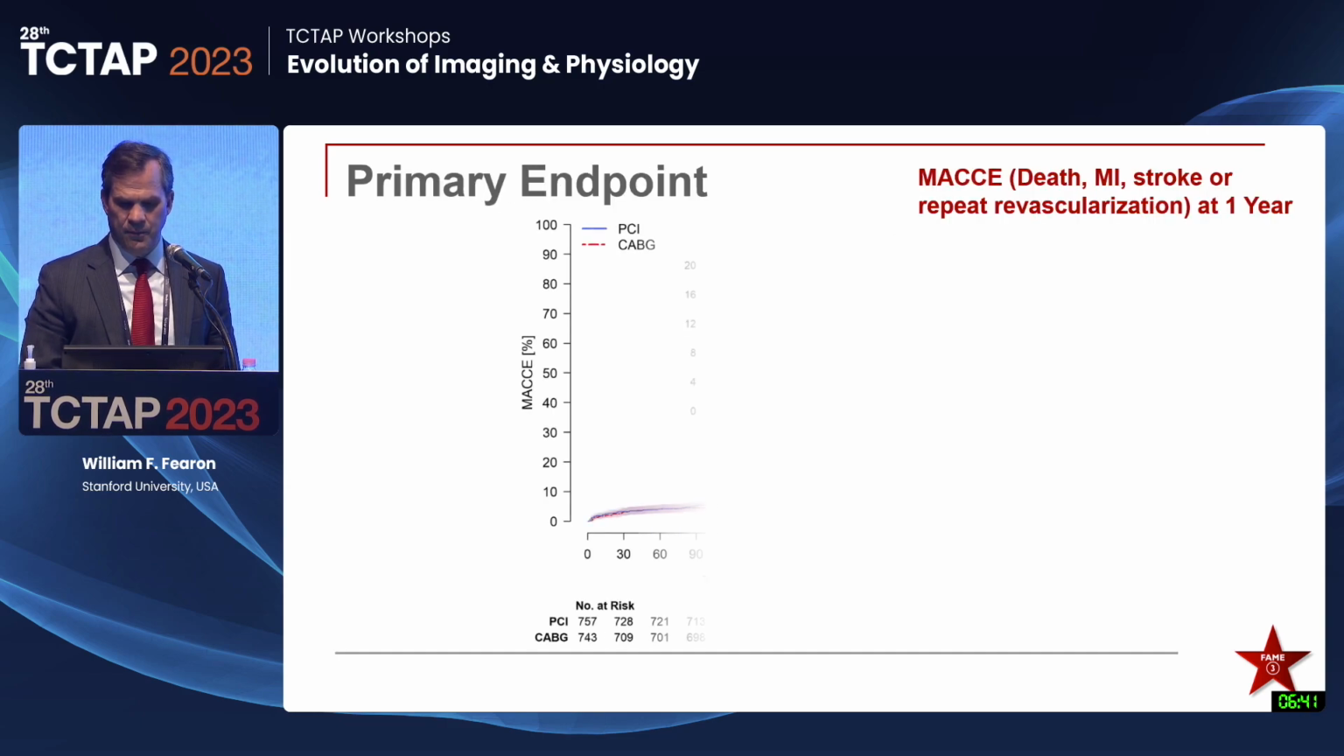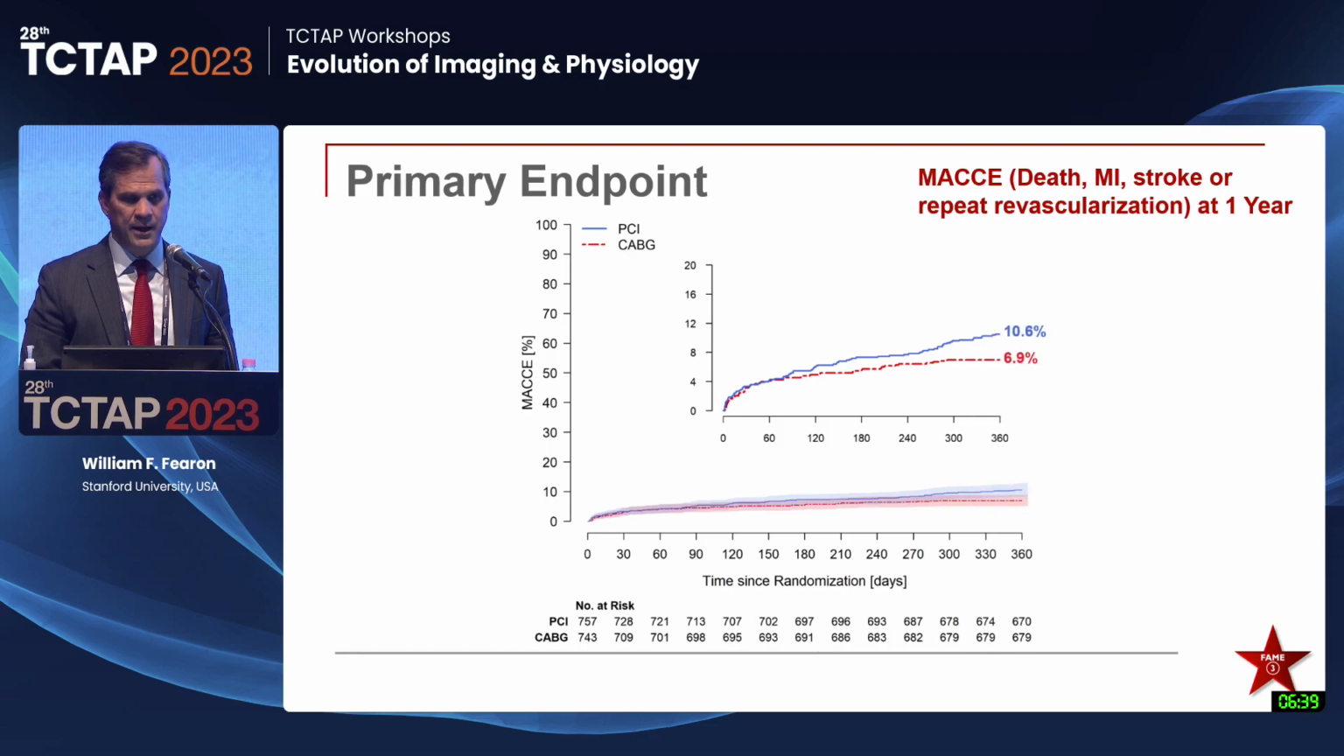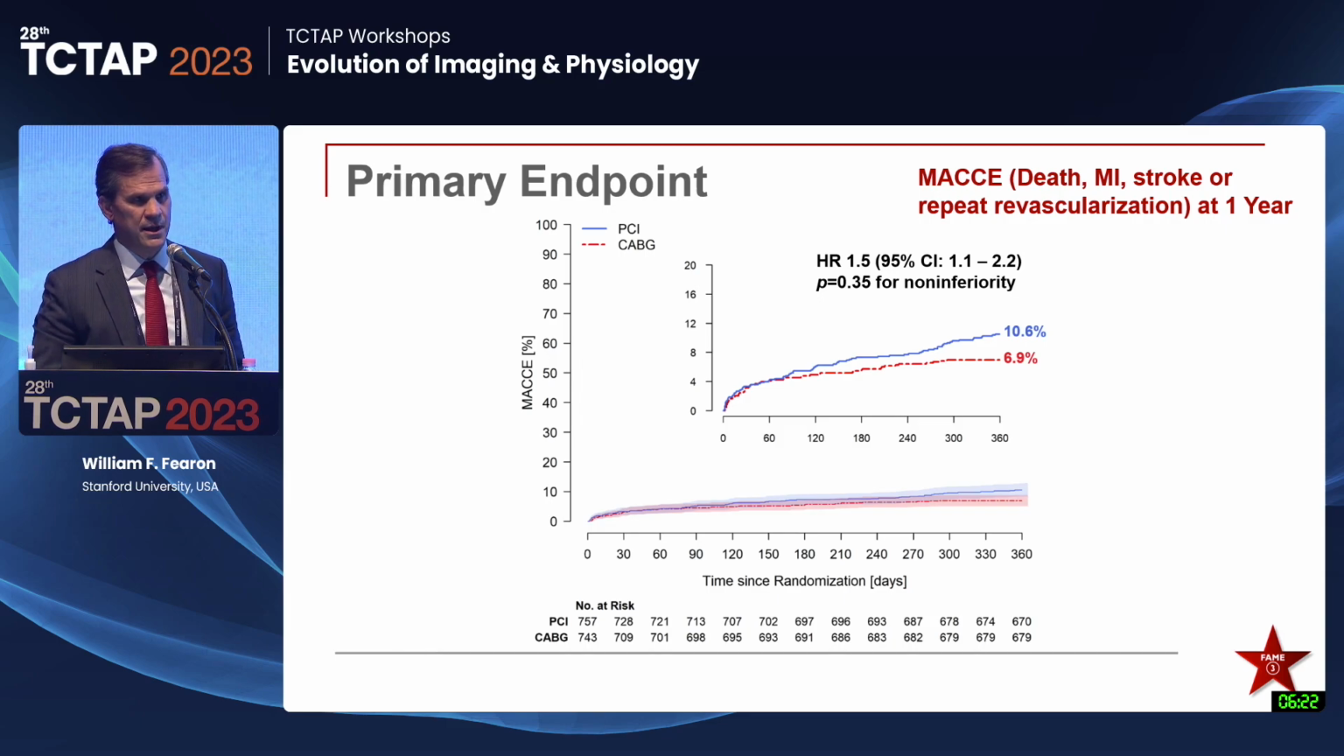So the primary endpoint occurred in 6.9% of the bypass patients and 10.6% of the PCI arm. The hazard ratio was 1.5 with the upper bound of the 95% confidence interval at 2.2, so above the non-inferiority margin. So PCI was not found to be non-inferior based on our preset criterion. But that was the primary endpoint, and I think there are a number of key messages that we can still